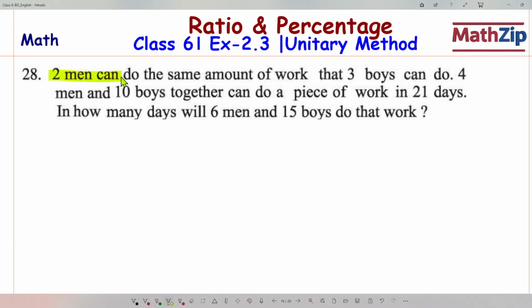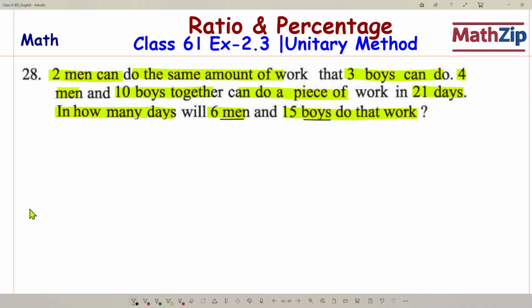Number 28 is a very interesting question. 2 men can do the same amount of work that 3 boys can do. It means 2 men's work and 3 boys' work are the same. Now 4 men and 10 boys can do a piece of work in 21 days. We have to find out in how many days will 6 men and 15 boys do that work. So we have to convert all the work, either to boys or to men,